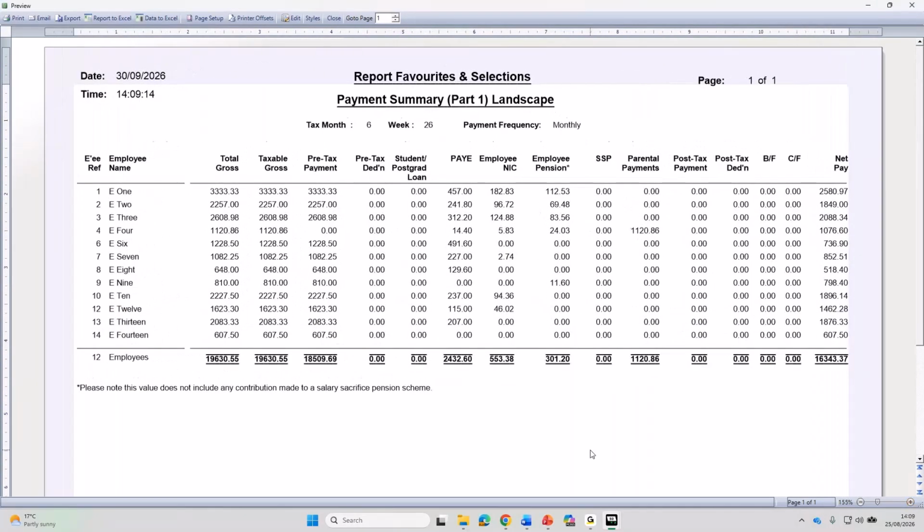Just going to make that bigger for you all to see. And this is the payment summary part 1 landscape. So this is a detailed breakdown of pay for the current period. You can see my process date there in the top left. And this is going to go all the way from that total gross pay all the way along to that net pay and break that down. So we've got different things in between there. So tax, national insurance, any parental payments. So I've actually got an employee on statutory maternity pay there,